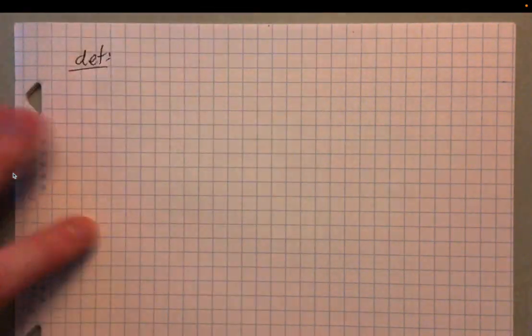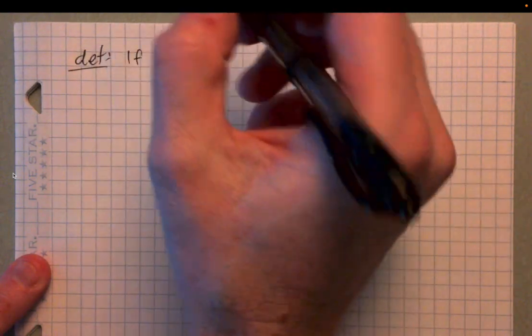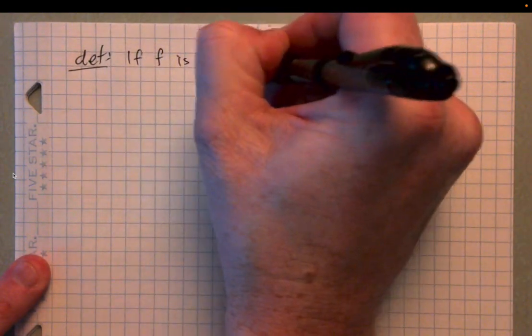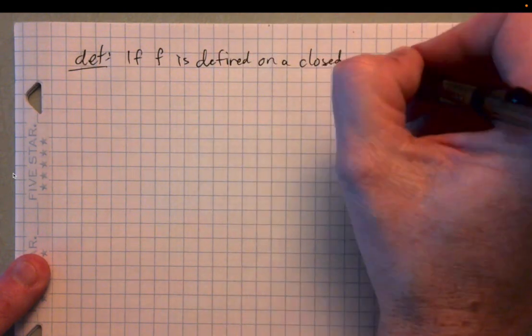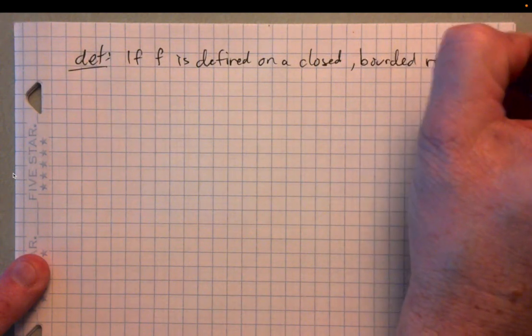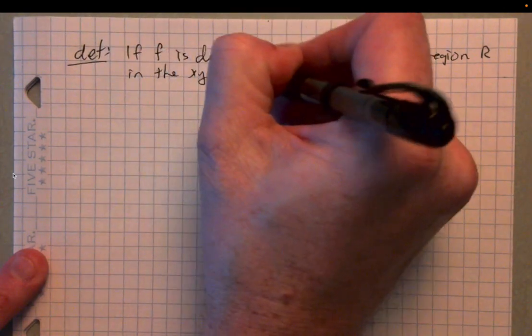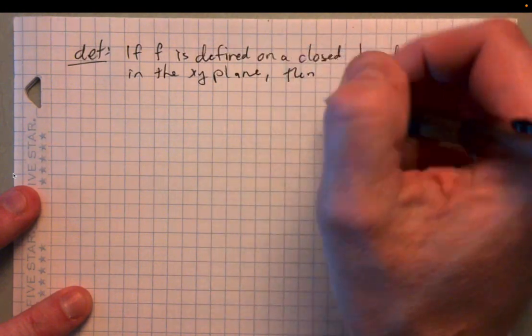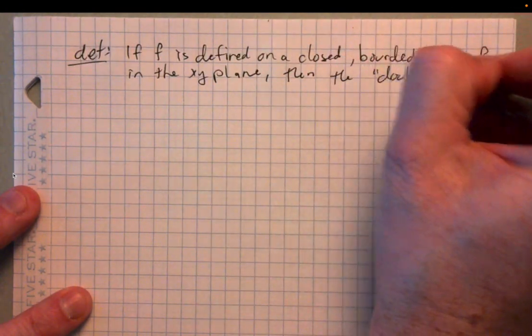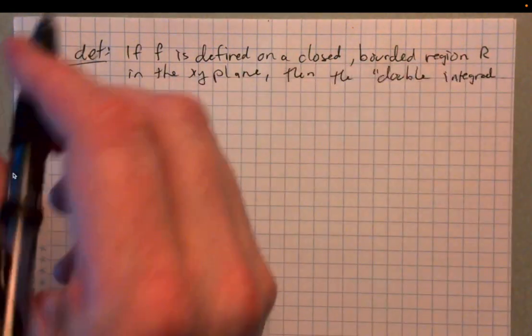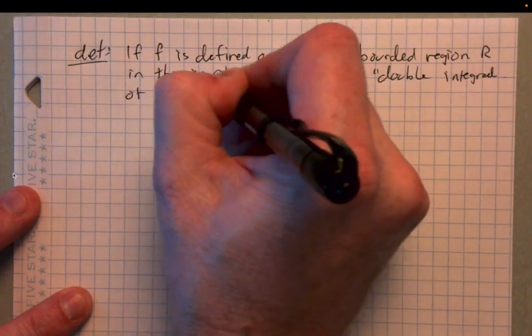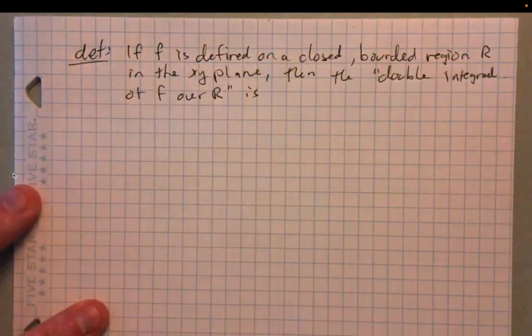Let's define it formally. And then we'll get into some more practical considerations about how to actually calculate things like this and some of the properties. So let's start with a formal definition here. If f is defined on a closed and bounded region R, okay, and this region's in the XY plane, then the double integral of f over R is given by,